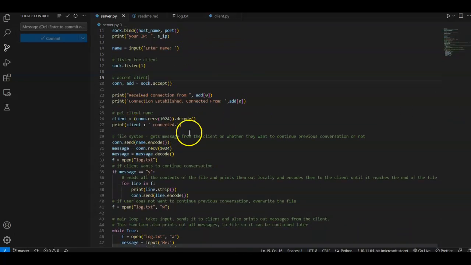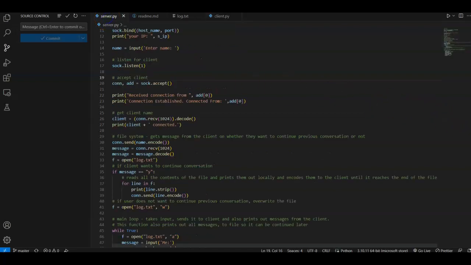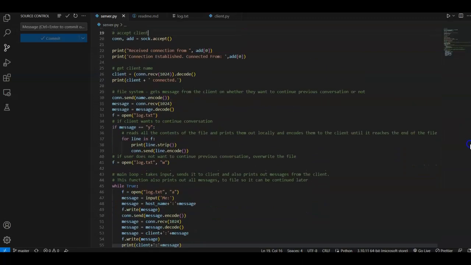prints that information, and then it gets client information, like client name and stuff, which the client will send to it right here. And the client will also get the server information. So after that,